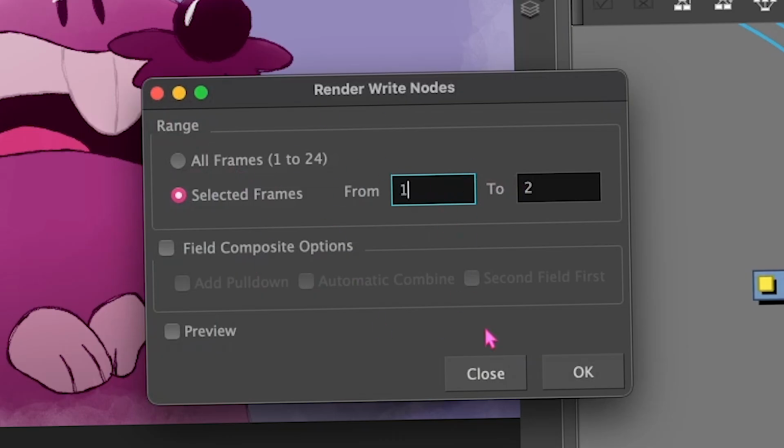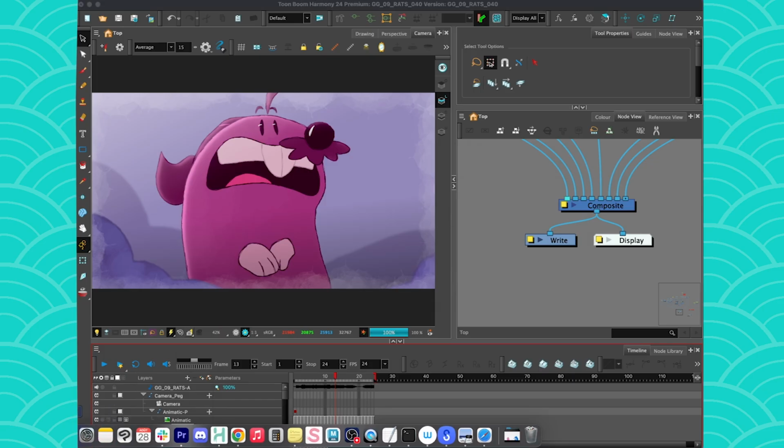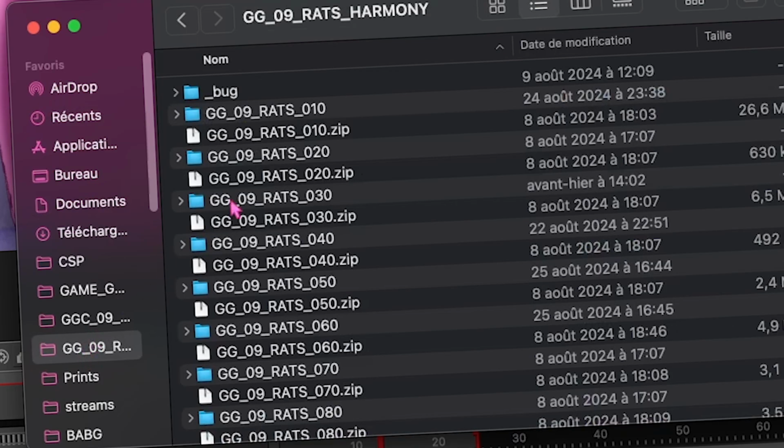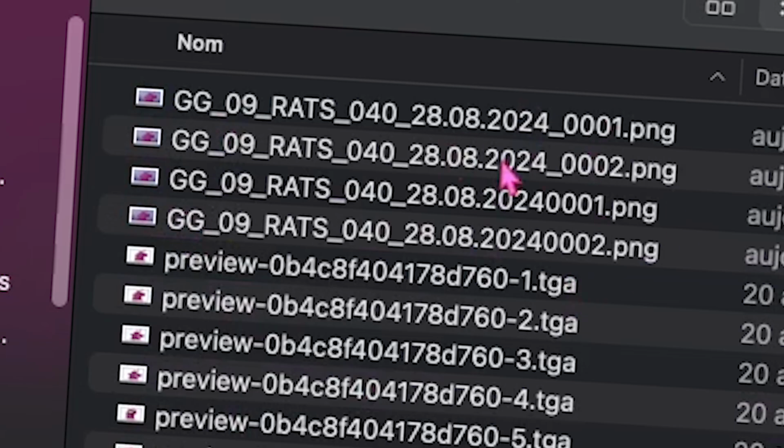So that then if I render again, my renders will have the right name. So I'm going to go back here, scene 04, frames. You see the difference? This one has the underscore and this one doesn't. Okay, so it's very important that at the end you still put an underscore with nothing so that the numbering